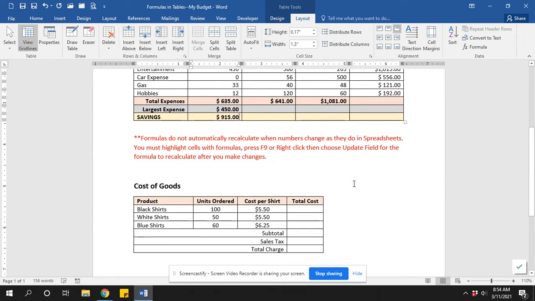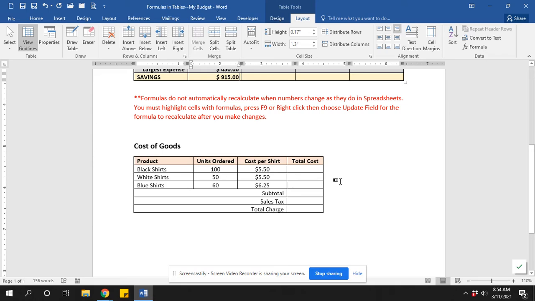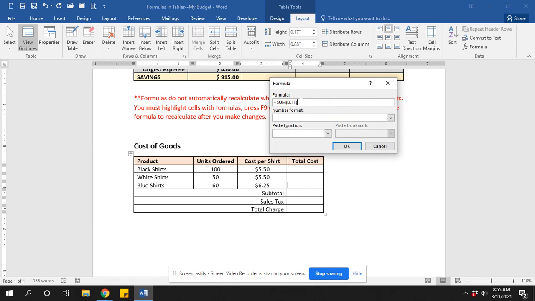I want to give you one more example. Down here is another table where somebody is ordering shirts, and it gives you the cost. So for this, to get the total, if somebody's buying 100 black shirts at $5.50 a piece, you've got to multiply those two numbers to get the total cost of all the black shirts. So I'm going to go back to my formula. And again, it's not a total. I'm doing